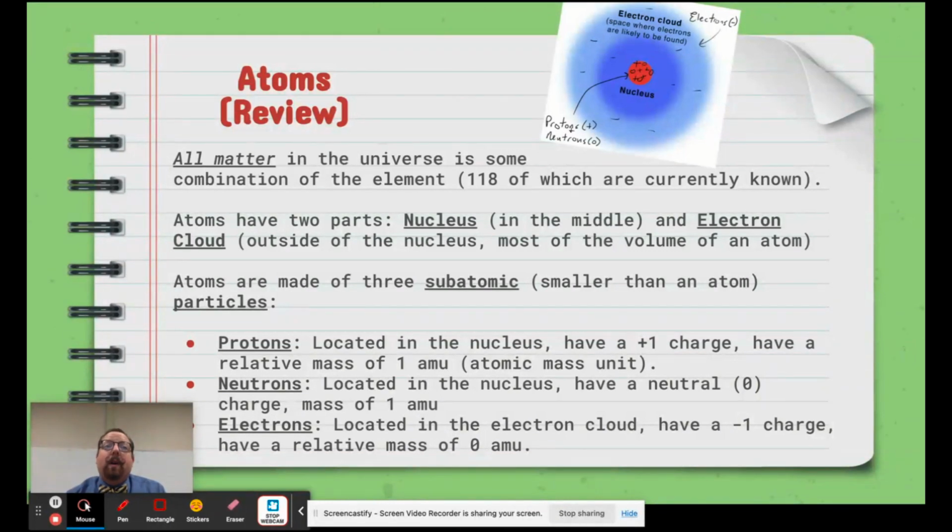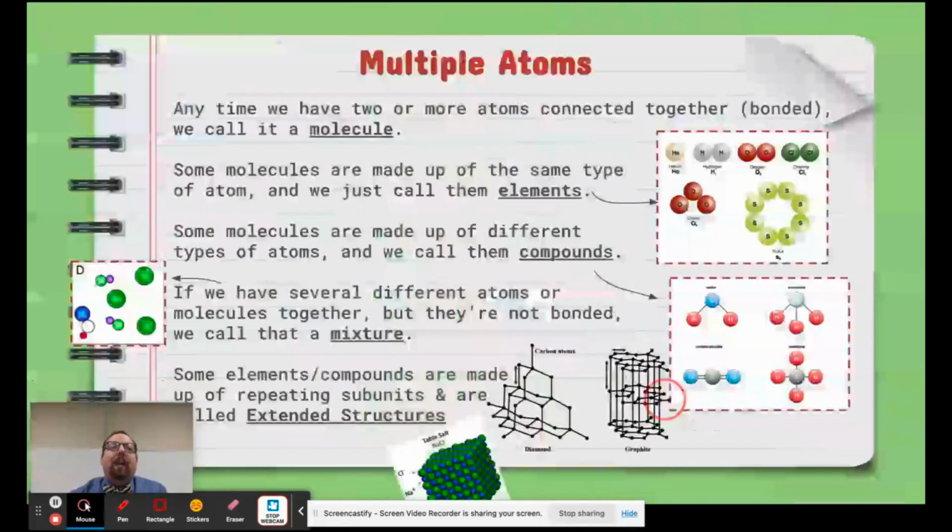The third subatomic particle is the electron. Electrons are very different, as they're the only subatomic particle that live outside of the nucleus, and they have a relative mass of 0, and they have a charge of -1. Now, when we have one atom, it's pretty easy to tell what it is. We just figure out the number of protons, relate that to the atomic number, then find the atomic number on the periodic table. If we have more than one atom, there are several different ways that our atom could be